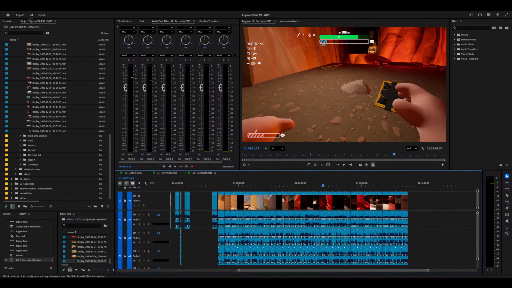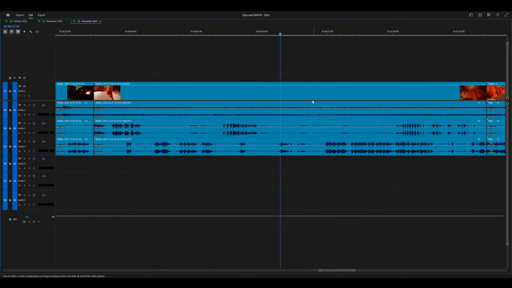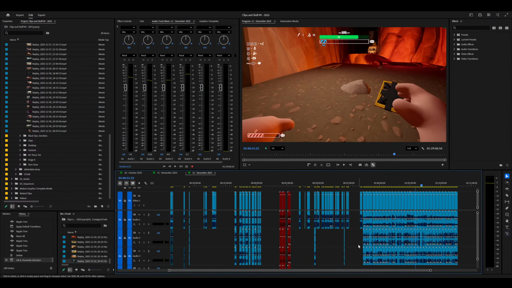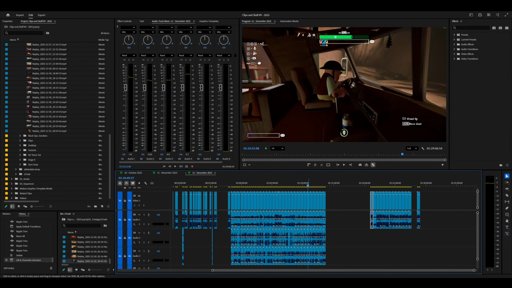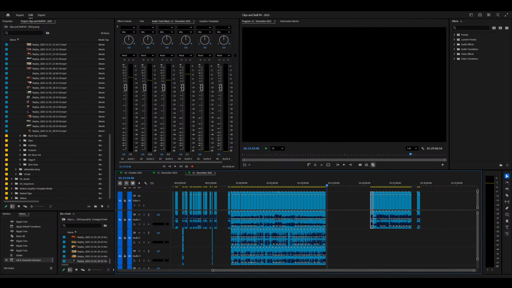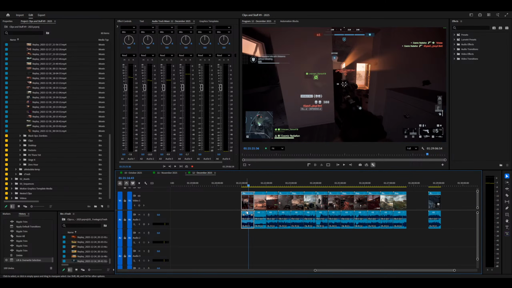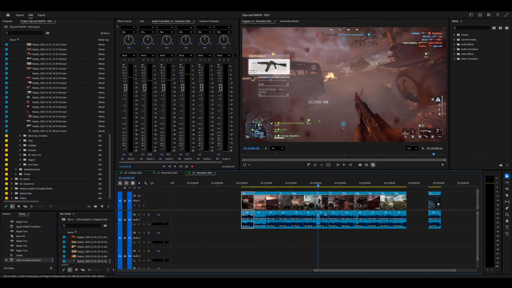For example, in these clips you can see there are 3 different tracks. A1 is the game audio, A2 is my mic, A3 is my friend's mic. I don't necessarily want to put that on the internet until I've trimmed it down and all that. But for these clips, these are just gameplay clips, so I shouldn't really care too much about